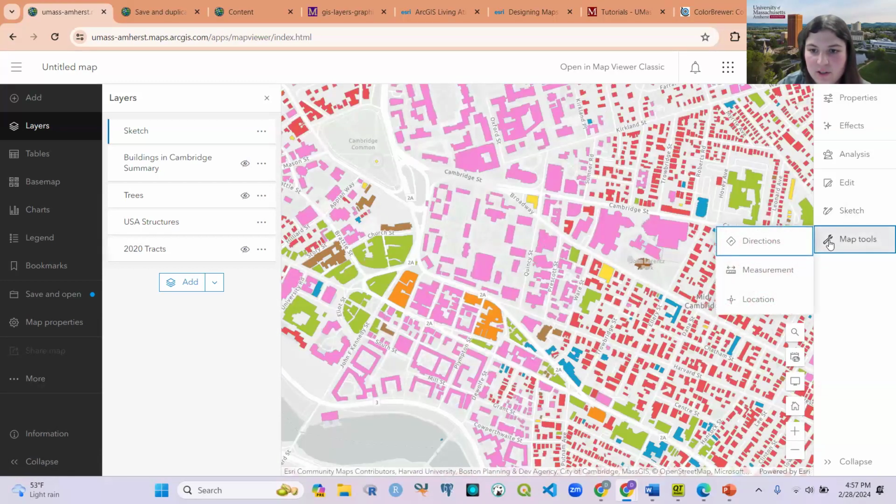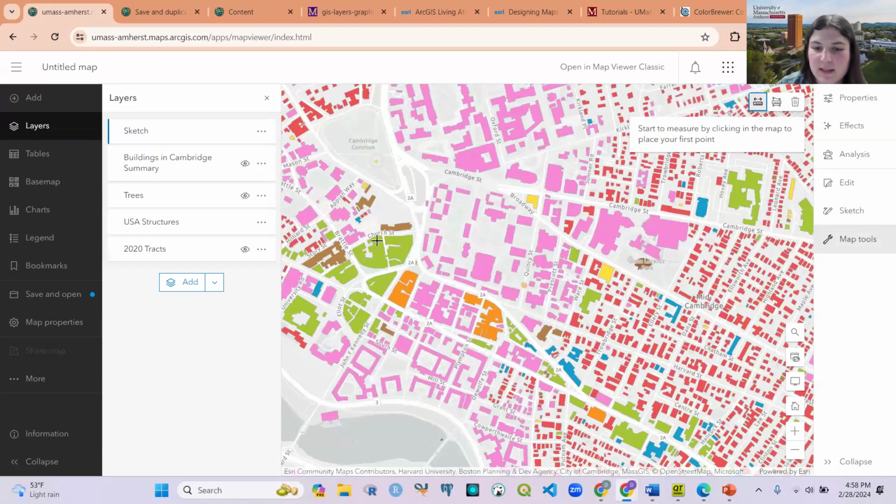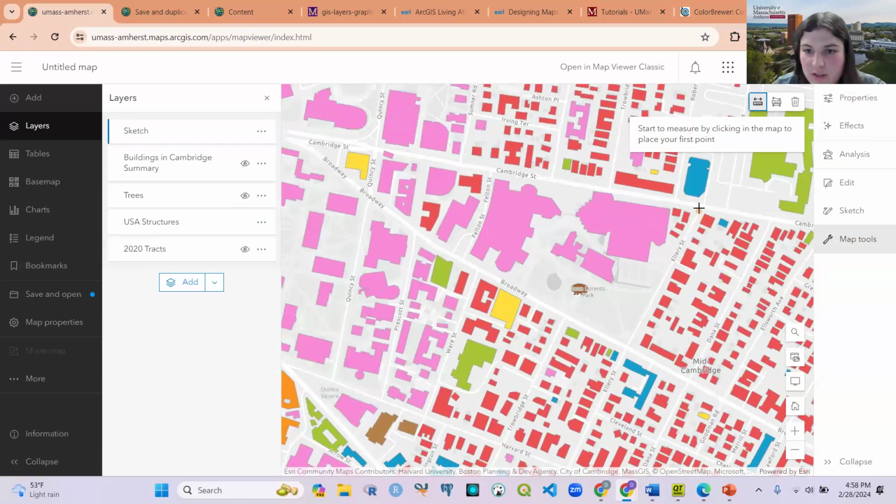And then lastly, for our map tools, there is the direction option, which I will not accidentally click on again and create a direction layer. But I will go over the measurement tool with you. So when you are working with a data set like this, let's say that you want to measure the distance between 2 points. And so we're going to start by clicking somewhere to place our first point. Let's say that I want to measure the distance